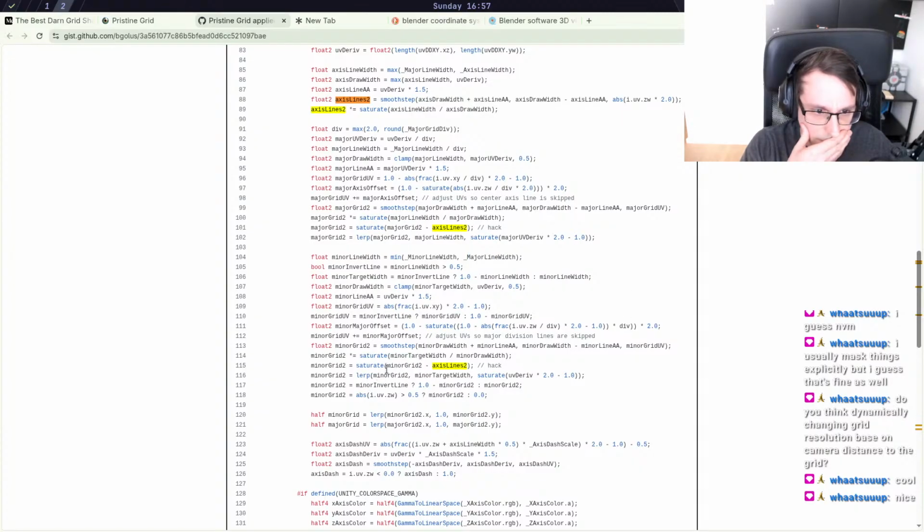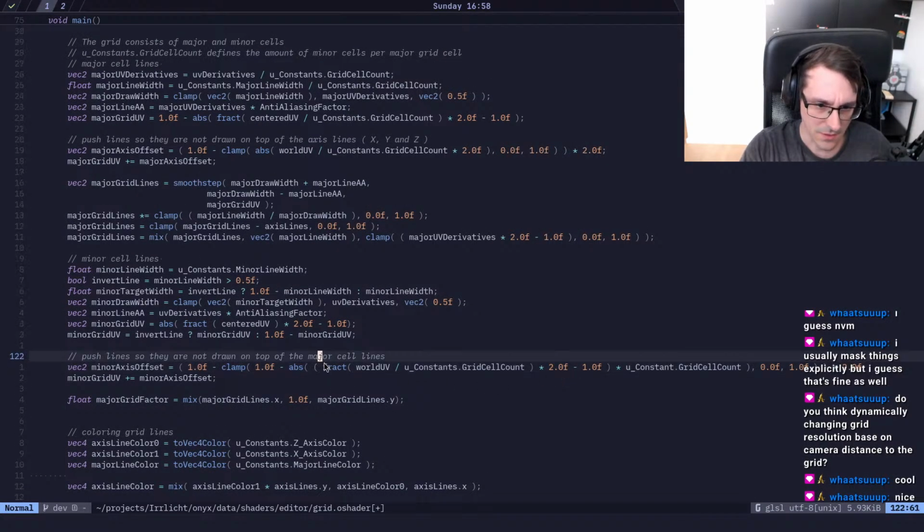Let me see. It's 1 minus, so this is the fraction, this is the absolute, and he multiplies, and this is the clamp, and then he multiplies that and multiplies that. Okay, so it would be,